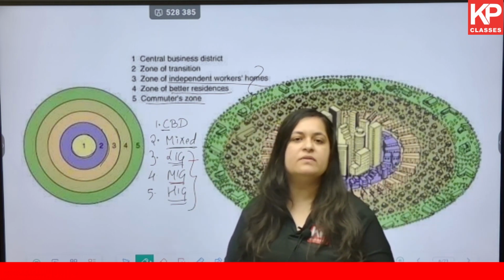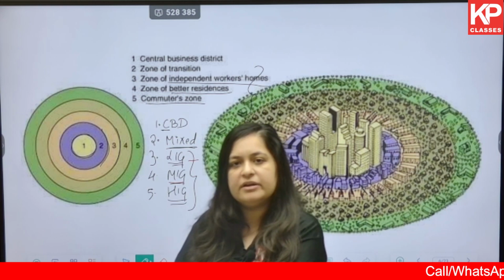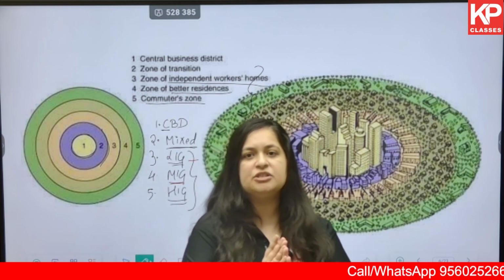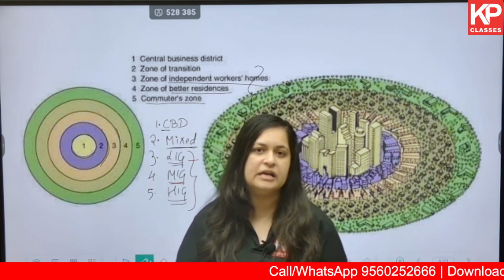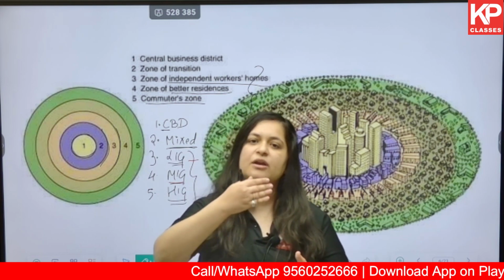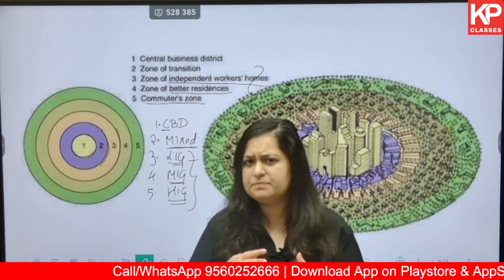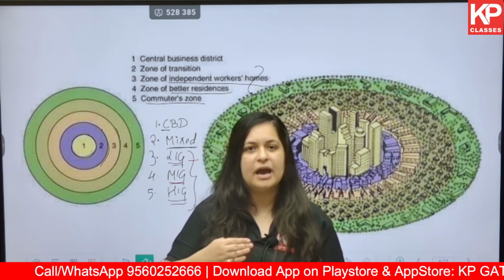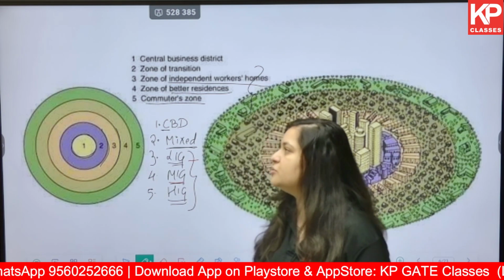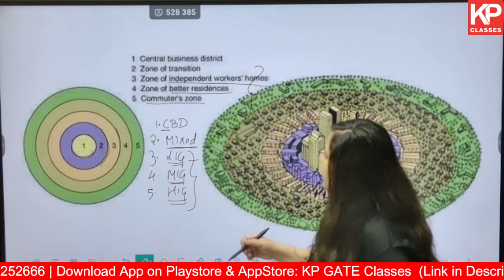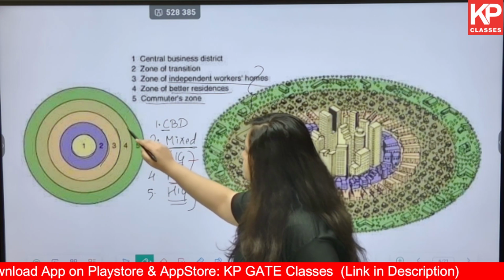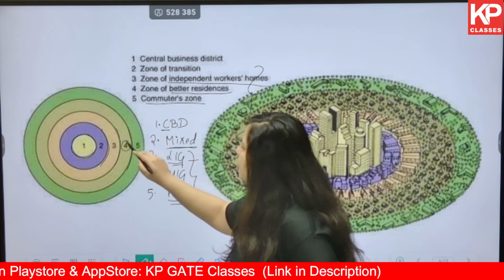Now it has been observed in history and holds true even till date that the LIG group, or the workers in the LIG group, tend to settle very close to the place of work. This is basically to reduce time and money for traveling to the place of work. Okay, next is MIG. That is this 4 point.